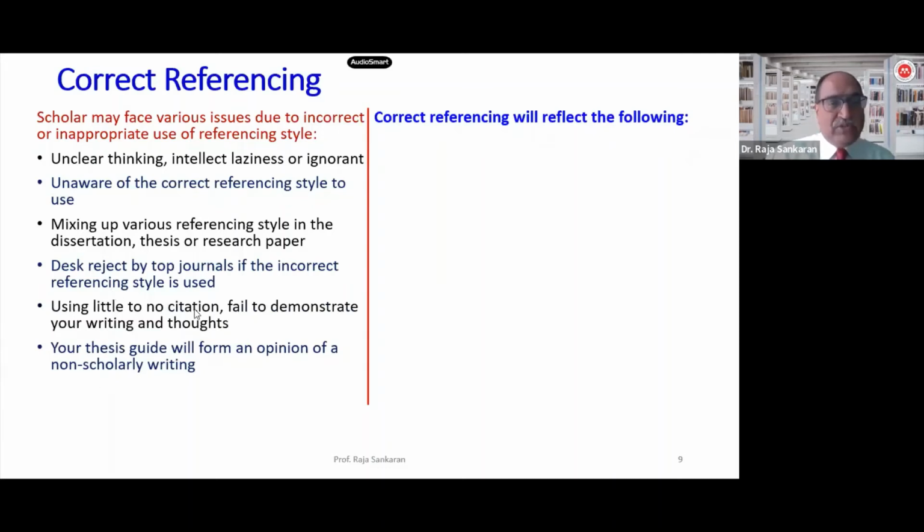Using little or no citation could fail to demonstrate your writing as well as your thoughts. Okay, you understand what is little or no citations? Very, very few that you have indicated. Again, there are a lot of things which go with the writing, I would strongly suggest, with respect to the